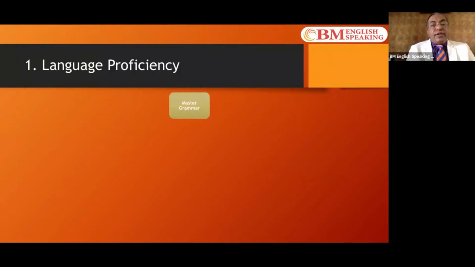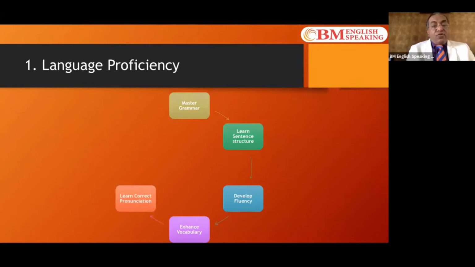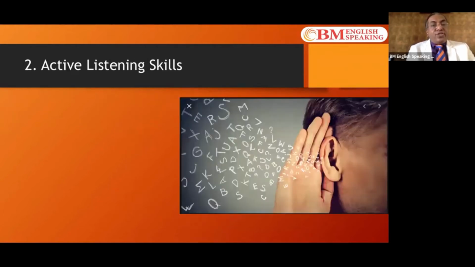So let's look at कोई भी language हो, उसमें आपको grammar fundamentals पे mastery आना जरूरी है. You have to learn how to frame right sentences. You have to learn how to develop fluency. You have to learn how to enhance your vocabulary. You have to also learn correct pronunciation. If you see the way I'm speaking, anybody across the world can understand my English. That's called neutral English. So you need to learn correct pronunciation, and you have to speak in neutral accent. So these aspects you have to master in any language in which you want to communicate. Yeah, good with this? Okay, let's go to next one.